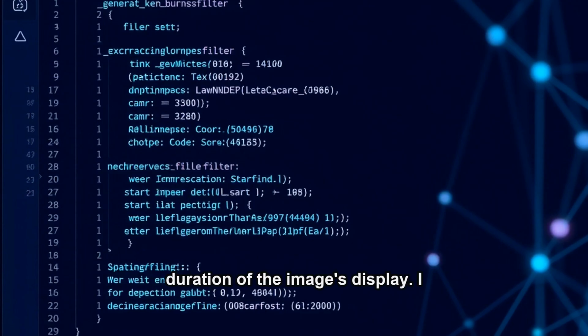I wrote a Python function, generate_ken_burns_filter, that took an image index, its duration, and some randomized parameters like initial zoom and target zoom range to generate the zoompan filter string. The X and Y coordinates for panning also had to be calculated relative to the image's dimensions to prevent cropping out important parts. I found that starting with a slight zoom, for example zoom=1.05, and slowly zooming out or in,